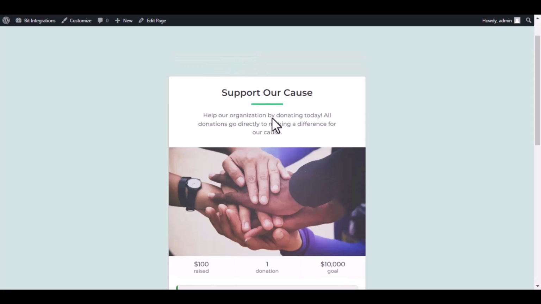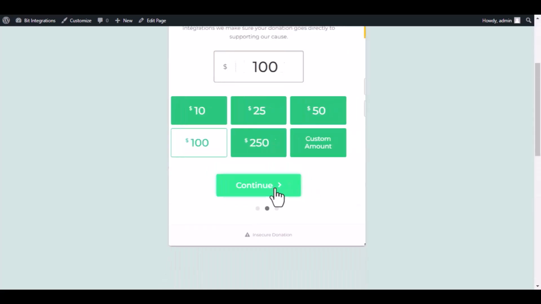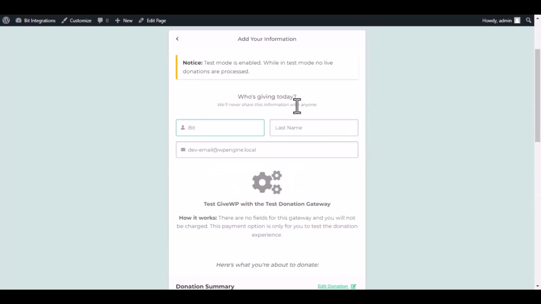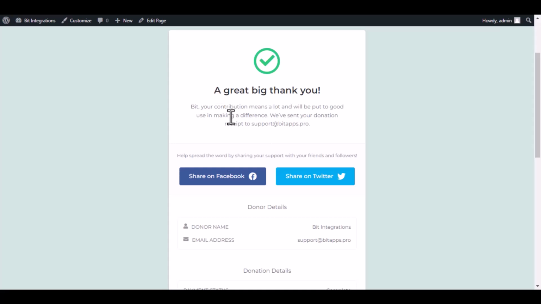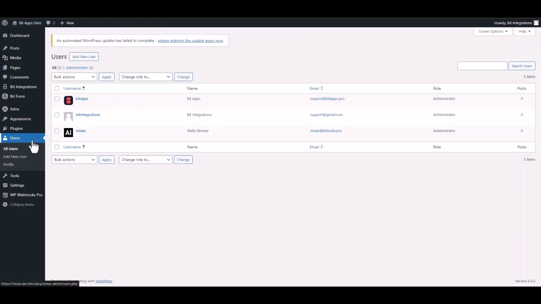Now go to your donation page. Type some information and submit the donation form. The donation has been done successfully. It appears that the user has been created